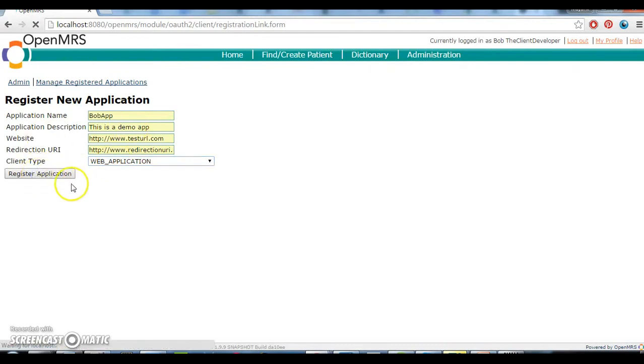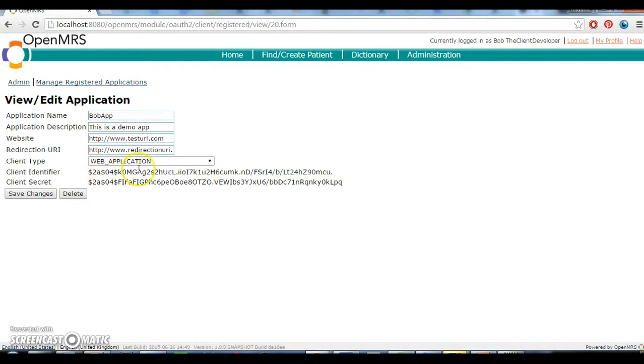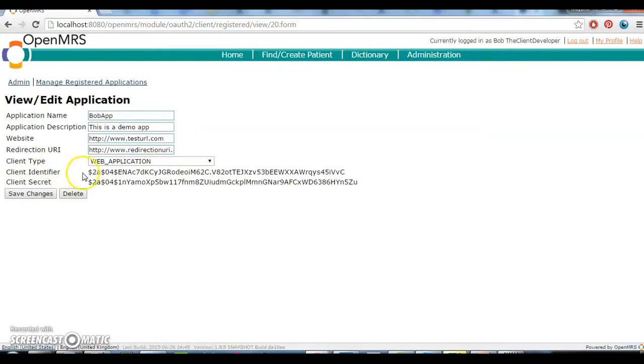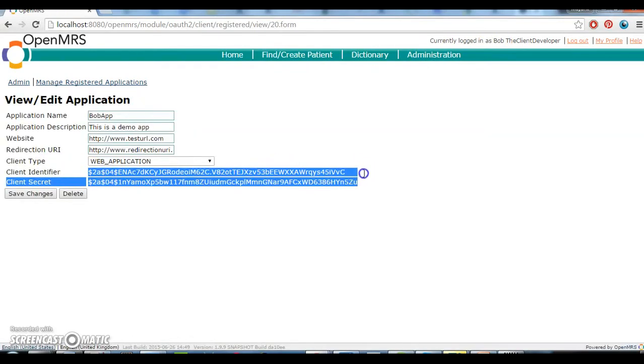Let's register this application. Once I register the application, I'm redirected to the view edit application page, and I also see the client identifier and the client secret which are generated. We can also now see this application listed among the registered applications for Bob. Okay, so I'll just copy these and I'll start up the